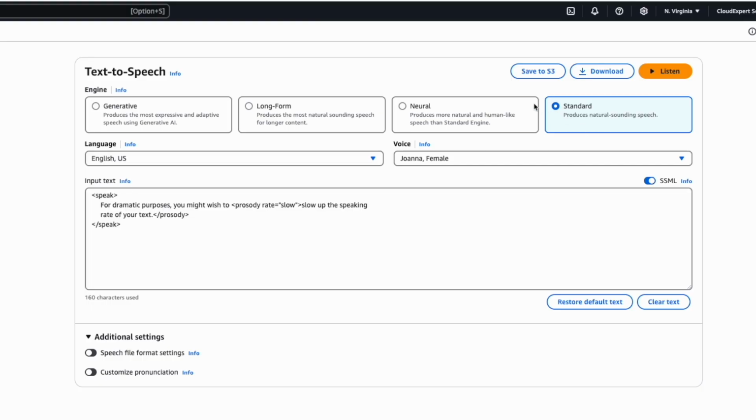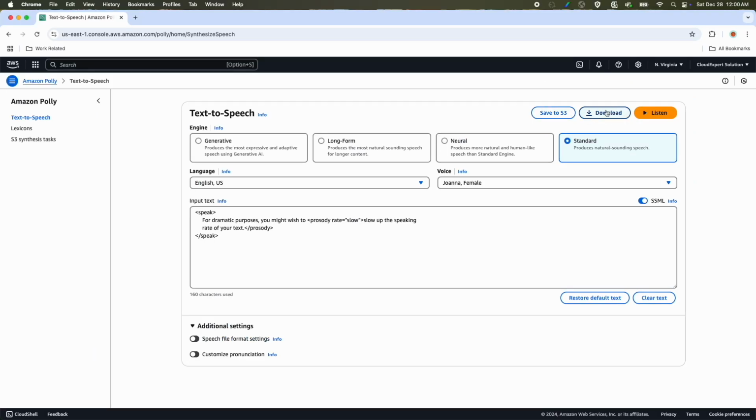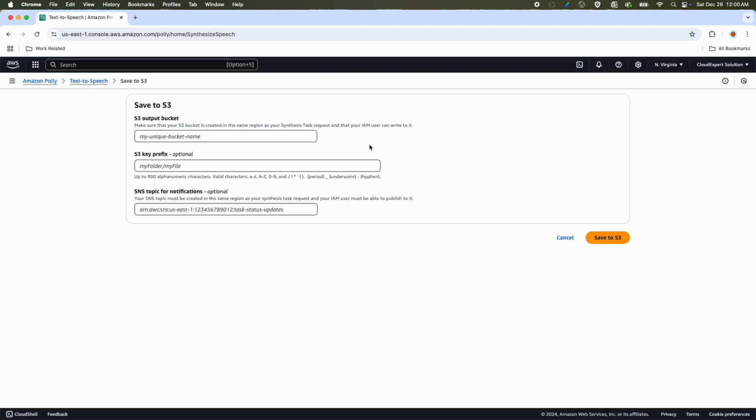Now, there are other options like you can save this audio in MP3 format directly into an S3 bucket, or you can even download to your laptop or computer. If you would like to save, click that save option. First, you need to specify the S3 bucket name. If you want the audio clip to be stored under any directory path, then you can optionally specify the S3